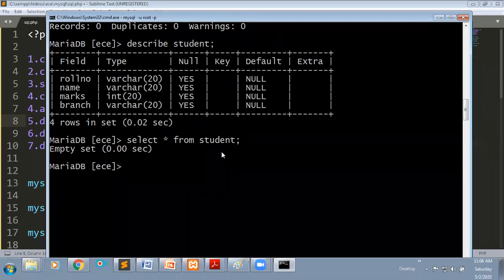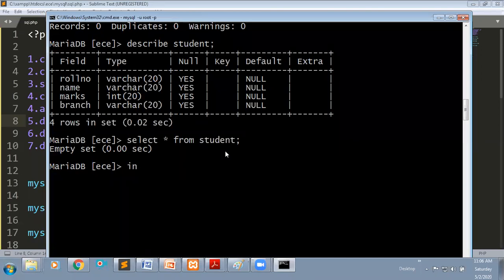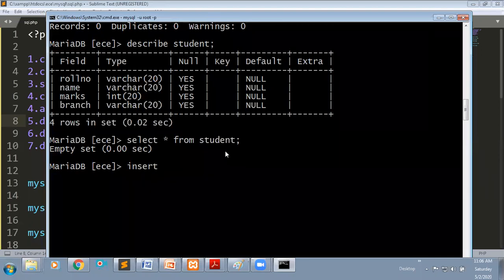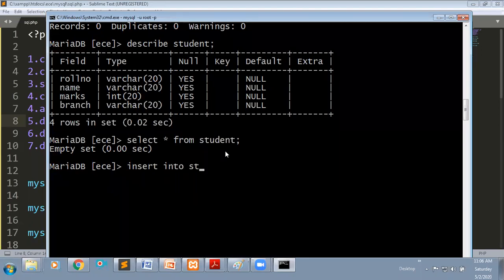For that, I'm going to insert one row into the table. We have one syntax, that is insert into, and the table you are going to insert into, that is student.